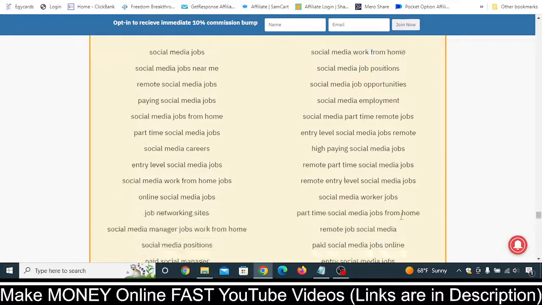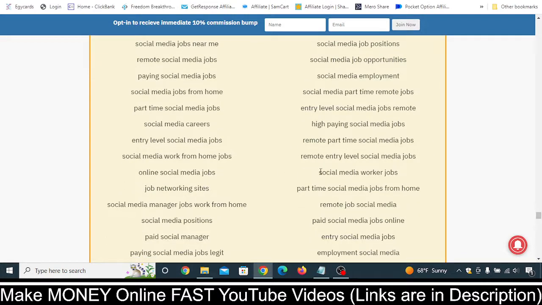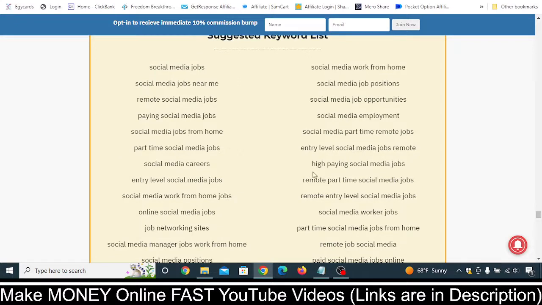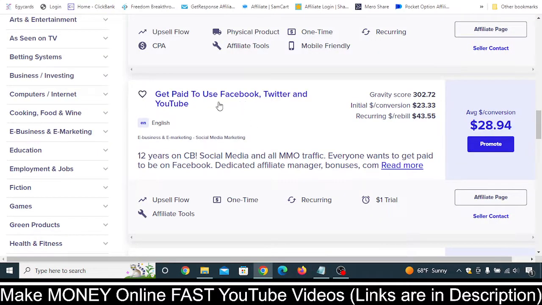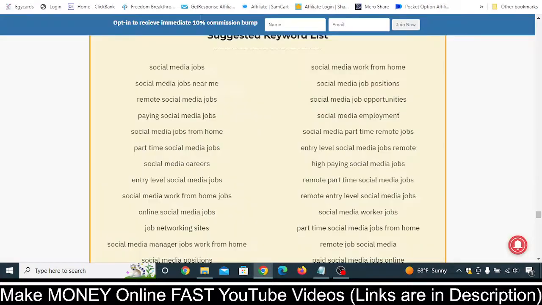Of course, once you use these keywords to promote this offer, whether in Google Ads or in Bing Ads, you are going to get a high volume of traffic, and also you will have a greater chance of conversion. As you can see, this product name is Get Paid to Use Social Media, and they are showing keywords like social media jobs and social media work from home. Now you can target all of these keywords and promote everything